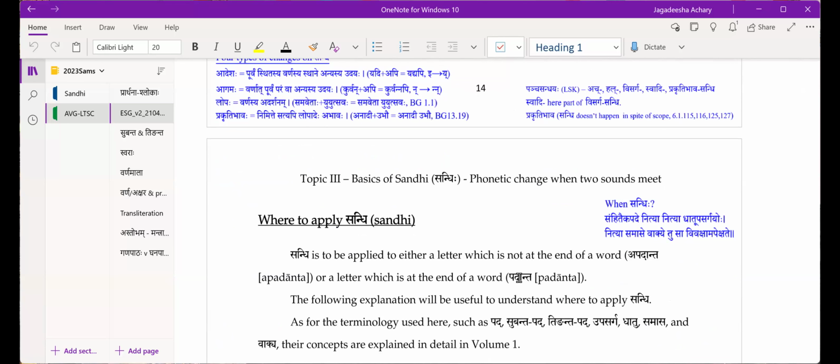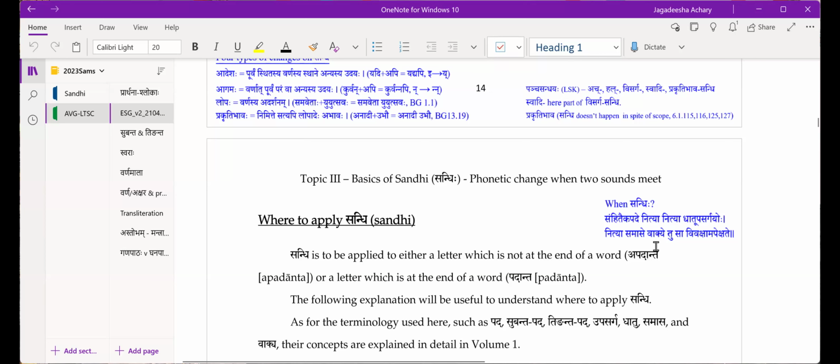Okay, it is optional. So sandhi is when two sounds come together, maybe the end of one word and the beginning of the second word, when you are chanting together, when they come very close, like less than half a matra close, then you may want to combine them according to certain sandhi rules. Okay, that is when sandhi happens. So let's see when sandhis are mandatory and when sandhis are not.